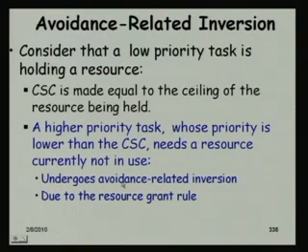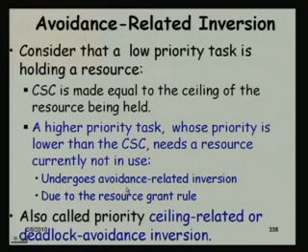It should have been granted, is it not? Because it is requesting a resource which is not being used by the low priority task, and it has to wait because of the resource request clause, where the CSC value is checked against the task priority and it will be denied the resource. We then say that the task that was denied the use of the resource even though it was available, it is avoidance related inversion,